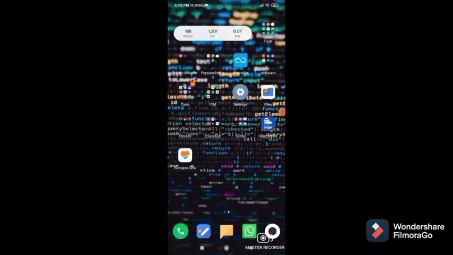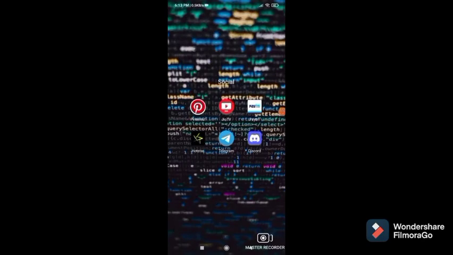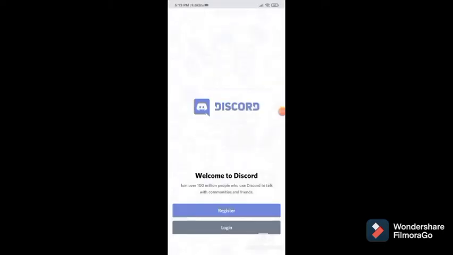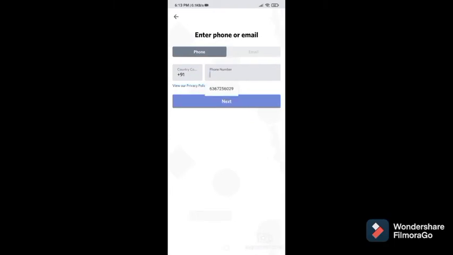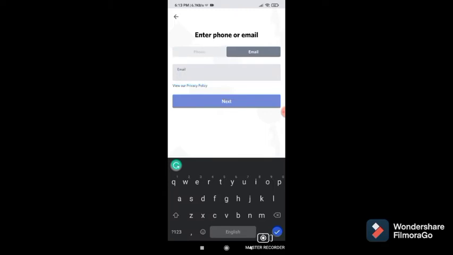When you open it, firstly, you need to register yourself. Click on the register button. After clicking the button, there is registration by phone number or email address.